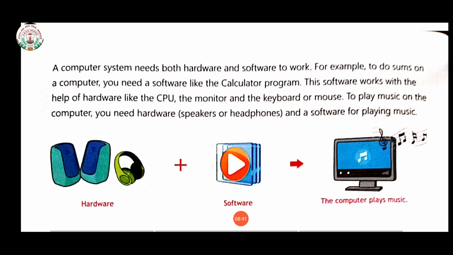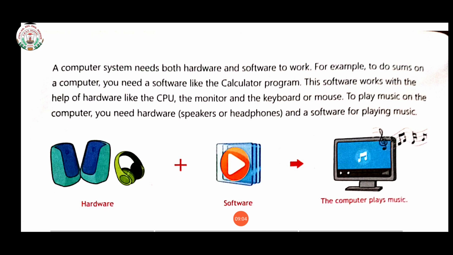Now next is about your computer system. A computer system needs both hardware and software to work. For example, to do sums on a computer, you need a software like the calculator program.